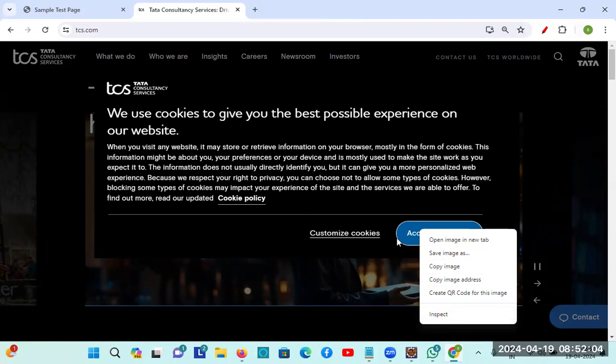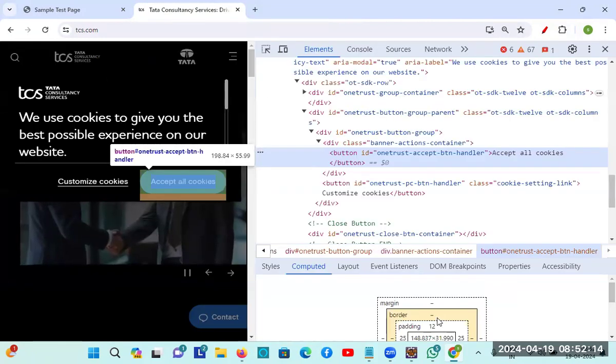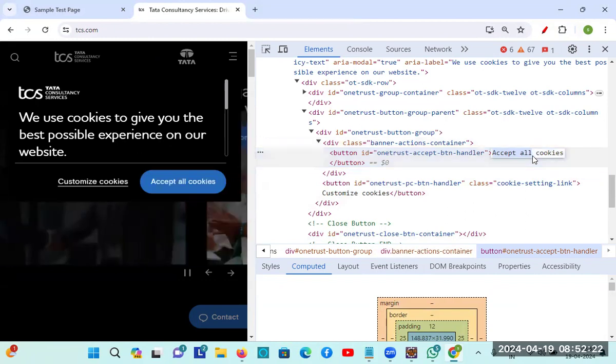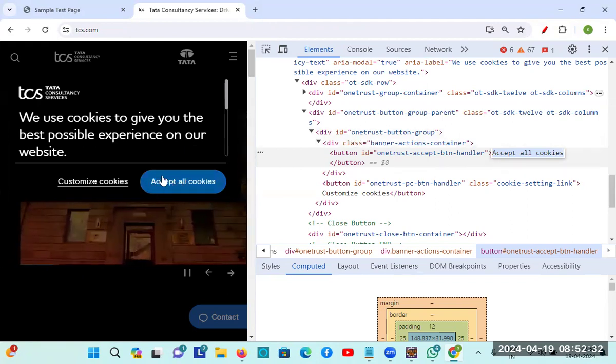You can directly click on this accept. We will inspect that element and click on accept. That's it. Now this is also a button, right? Accept all cookies, that text is there. When you go for that, if you are unable to get the inspect option,